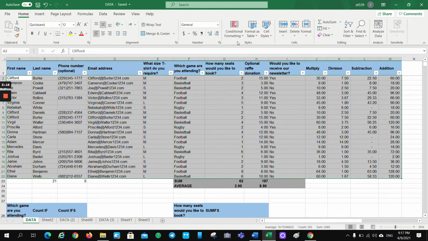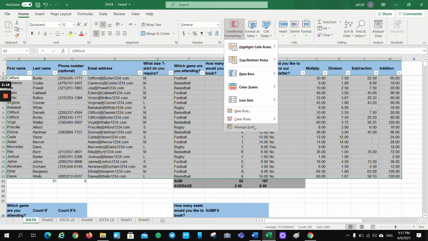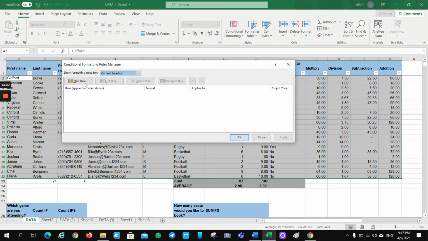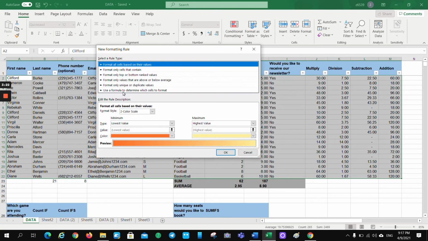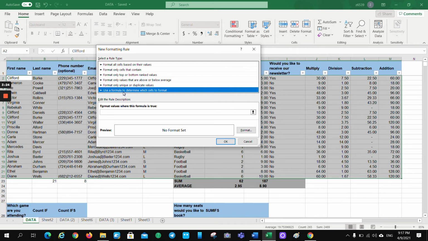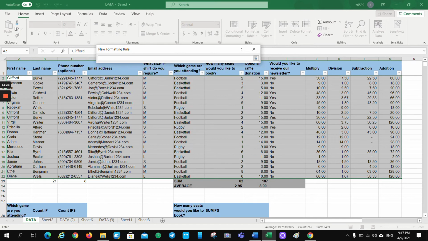Now what I'm going to do is conditional formatting, manage rules, new rule. What is my new rule? Use a formula to determine which cells to format. Okay, click on this one and click on the football cell.